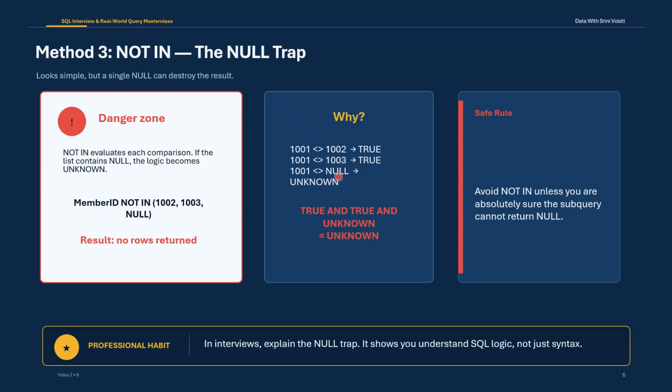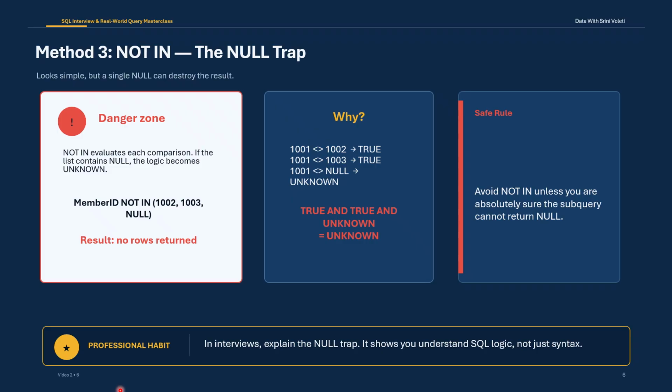True and unknown is unknown, not true. So the row is not returned. This can cause the entire query to return 0 rows even though missing members definitely exist. The safe rule is to avoid not in unless the subquery is guaranteed not to return null or unless nulls are explicitly removed. In an interview, explaining this null trap demonstrates that you understand SQL logic rather than merely memorizing